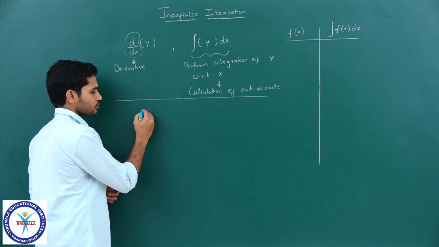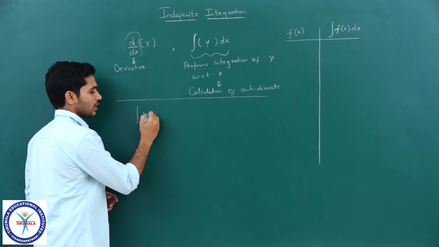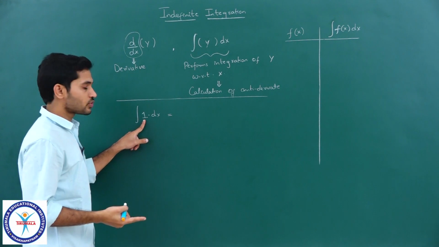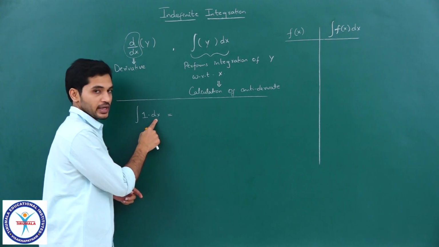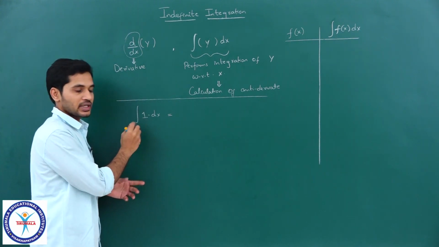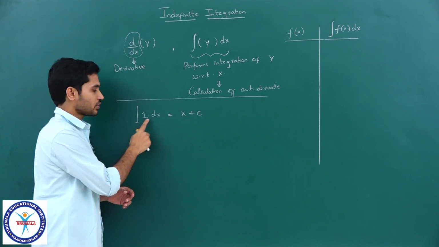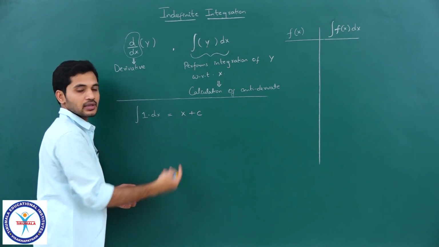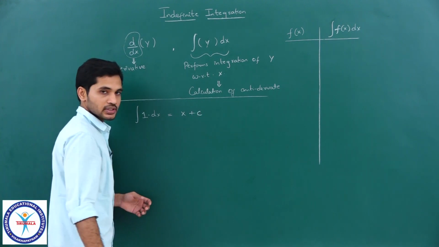We have seen that if I need to find the antiderivative of 1, so integral of 1 dx, what would it be? Which function when differentiated gives you 1 with respect to x? That is how we should understand. So, what is that? x plus c. When you differentiate x you get 1, right. So, if 1 is integrated you get x plus the constant of integration, and once again do not forget to add this constant, right.